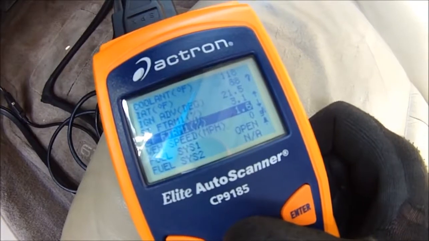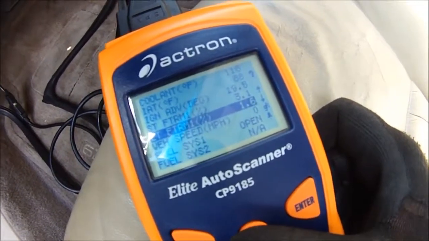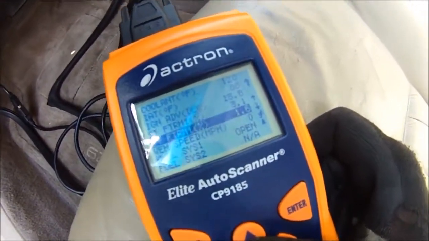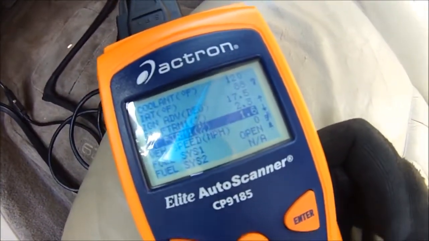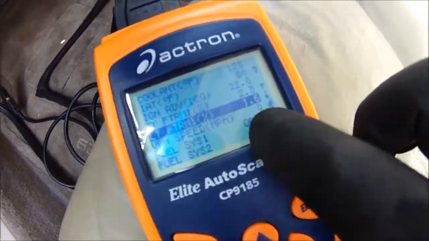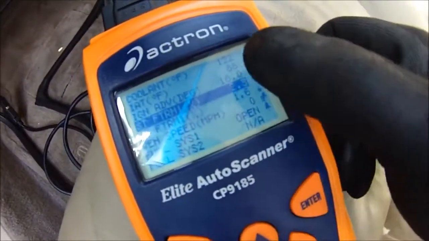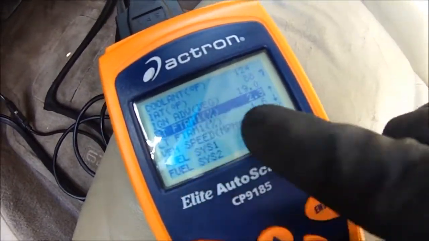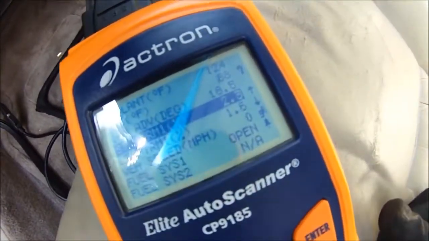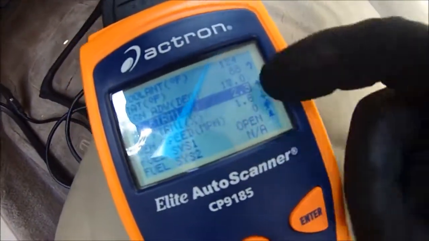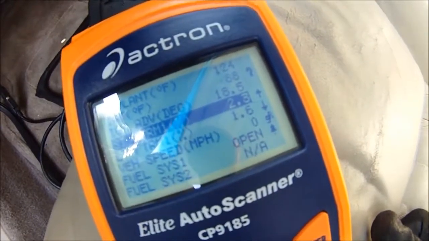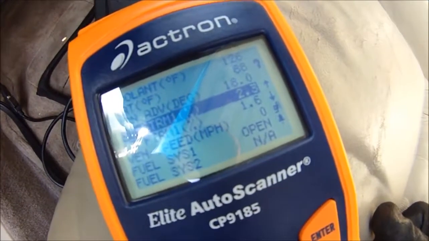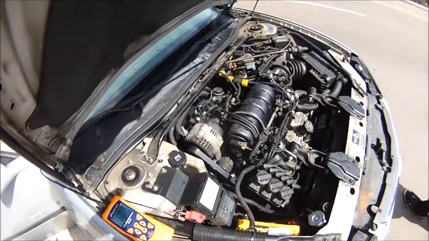You have to wait till your engine warms up so the vehicle can go into closed loop, which is the O2 sensor and the computer both communicating. See how it says fuel system 1? We're in open loop. But we're going to stick around here and wait until the car warms up, and that long-term fuel trim should stay down. Remember, it was between 7 and 11, I believe, but we got it down by fixing that vacuum leak. But I'll be right back. As soon as the car warms up more, we're gonna check when it's in closed loop.